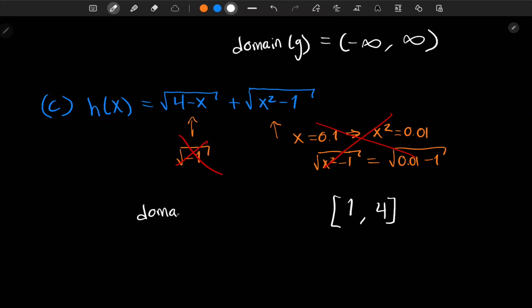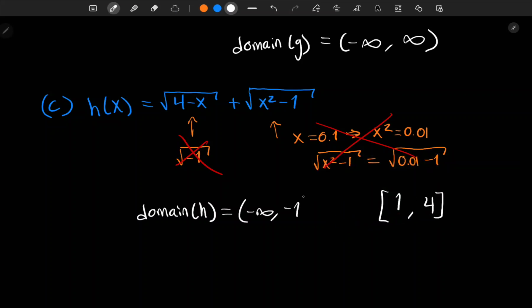So we're looking at the domain of h. Negative infinity is also allowed. That's a perfectly allowed value, or any arbitrarily large negative number, all the way up until and including negative 1. So we say negative infinity up until and including negative 1. And we include negative 1 here